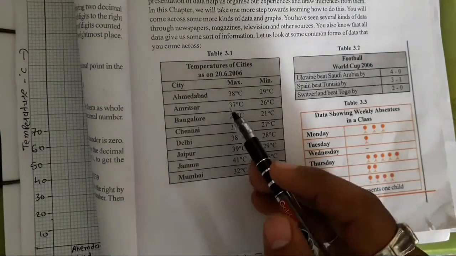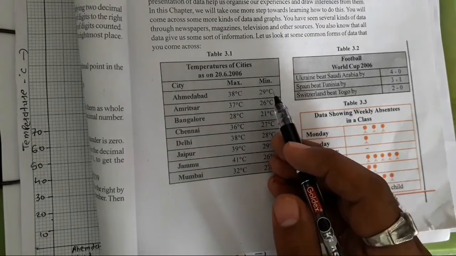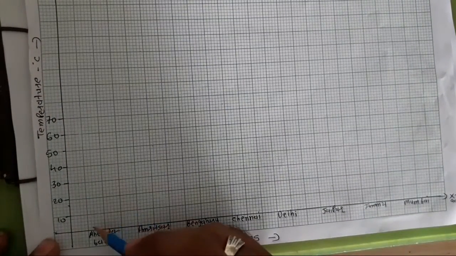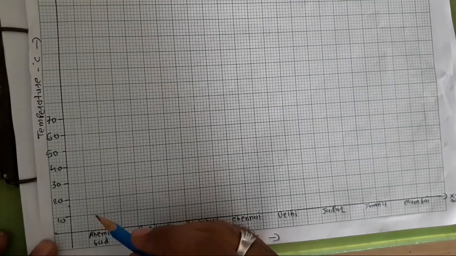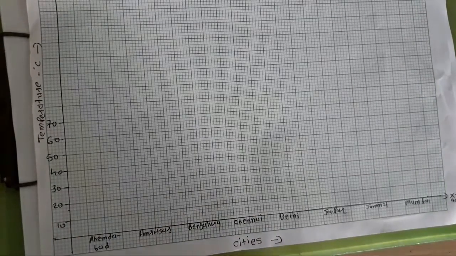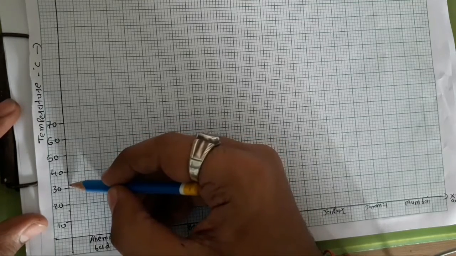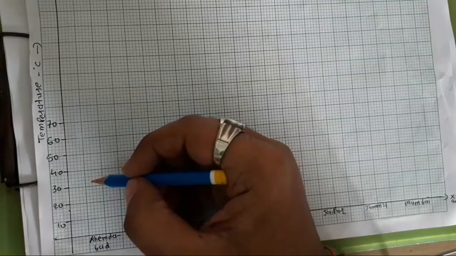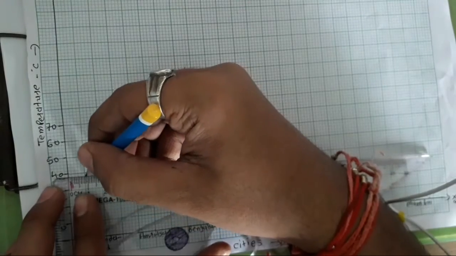First of all, the temperature in Ahmedabad: the maximum is 38 degrees centigrade and the minimum is 29 degrees centigrade. To represent that, on the base of Ahmedabad, in the first unit, for the maximum temperature of 38 degrees centigrade. As we discussed in previous sums, this unit is divided into 5 equal parts. This is 32, 34, 36, 38 and 40. So at 38 I will draw the bar which represents the maximum temperature.